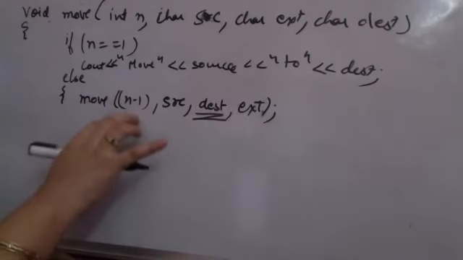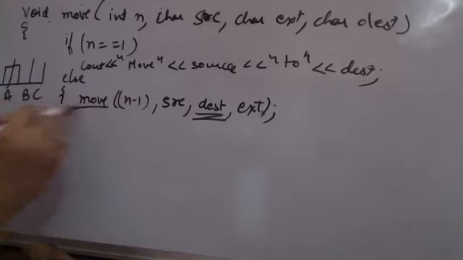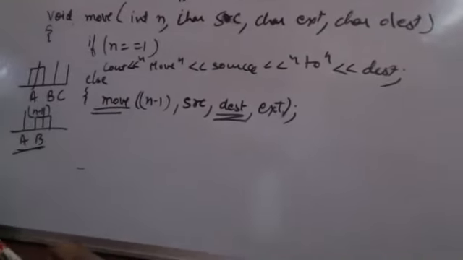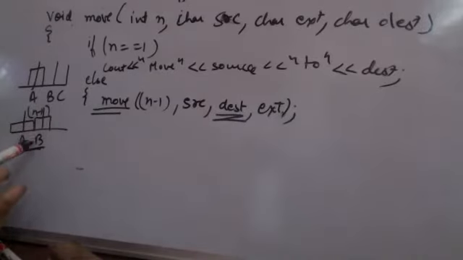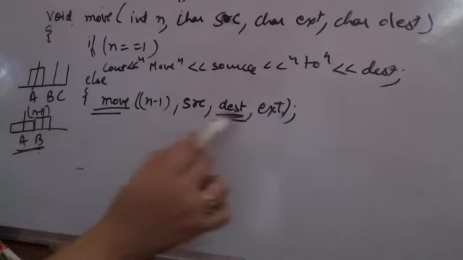I have to move, अगर मुझे copy करना है n block A, B, C में, तो पहला step जो है ये वाला, this step tells me that I have to copy n minus 1 का block from A to B first. ये पहला step है. So when I am copying the block from n minus 1 का block, और A पे हमारा last रह जाएगा. So when I am copying the n minus 1 block, A is the source, B is the destination, and C, that is my destination, that becomes the extra one. So the order is interchanged, please make sure.